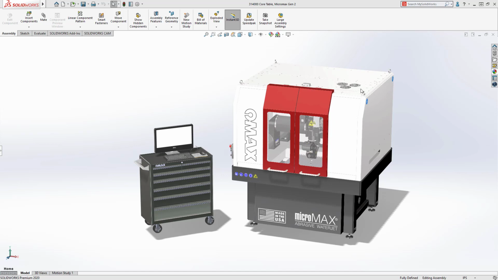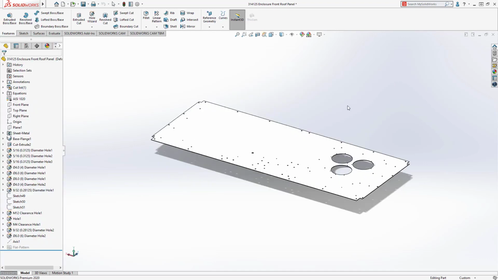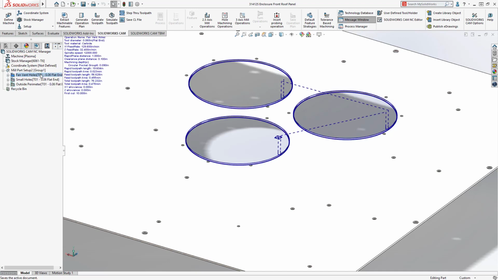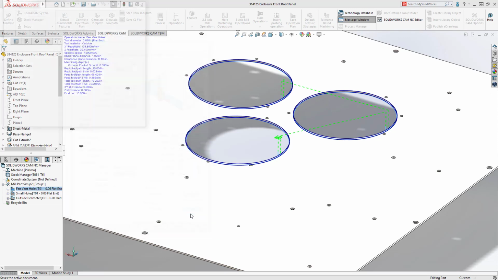Custom machined components like this roof panel for the Omax water jet require special attention to manufacture. The three large cutouts need to remain attached to ensure the large scrap pieces don't damage the machine or ruin the part. SOLIDWORKS CAM 2020 introduces tab cutting, a new option to generate this critical toolpath detail versus manually adding